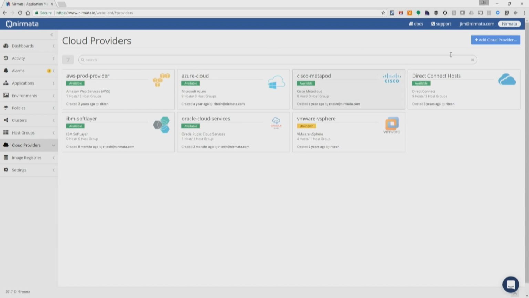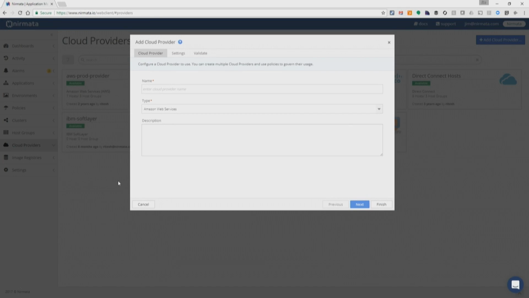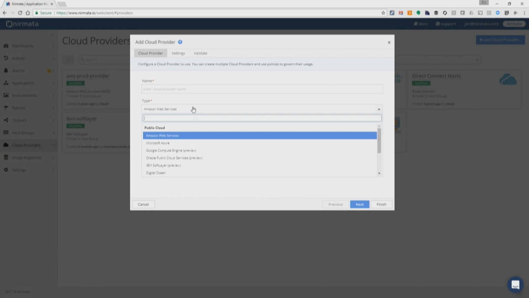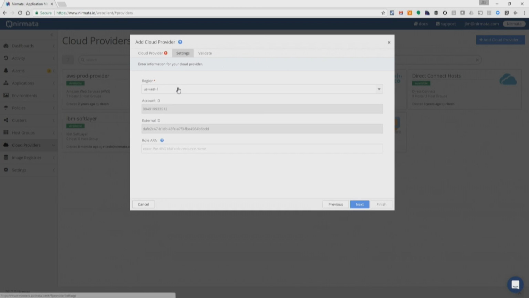As discussed earlier, we support most of the major cloud providers out there, and for each cloud provider, the integration involves plugging into their IAM APIs to get access to some resources in the customer's accounts.